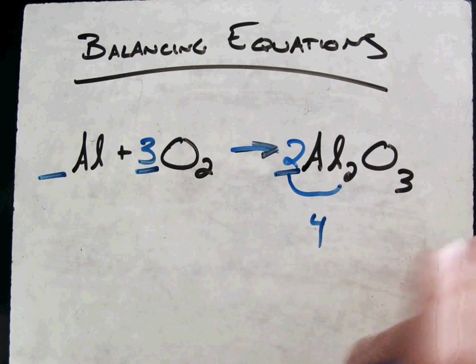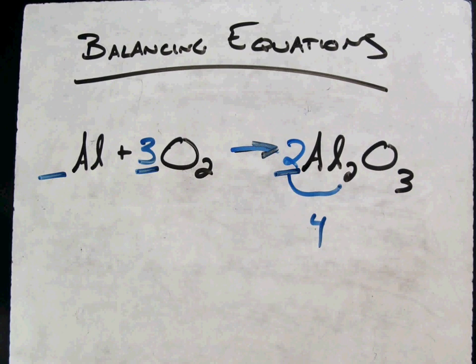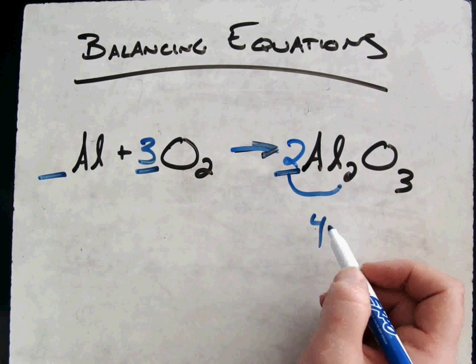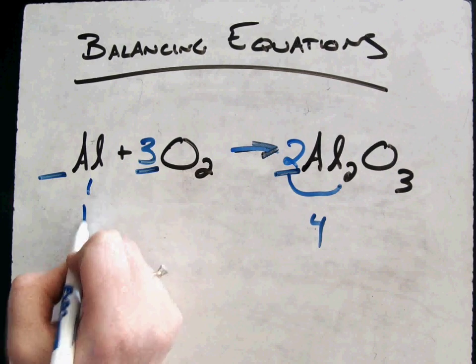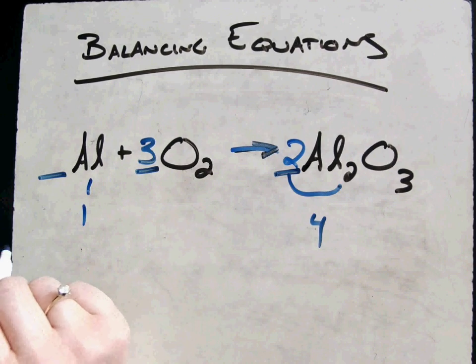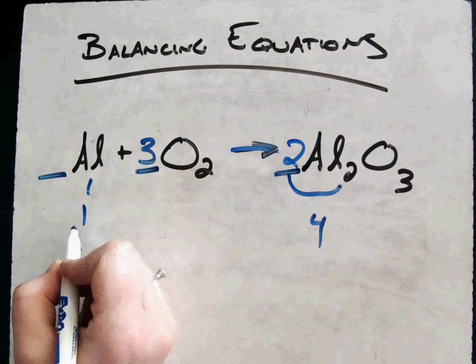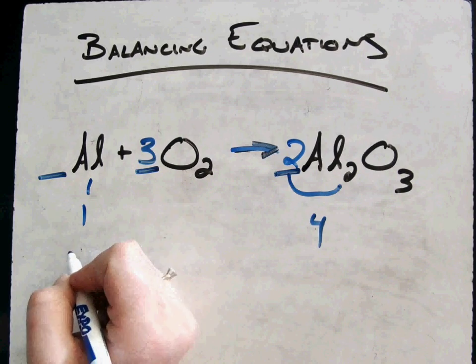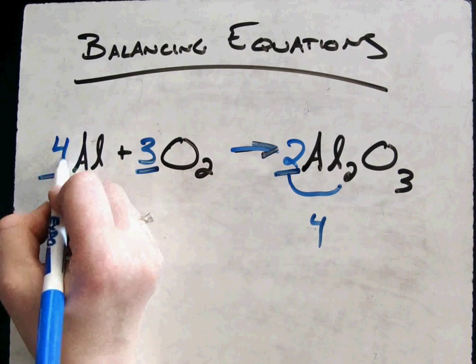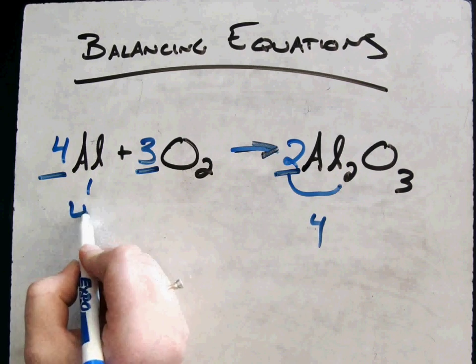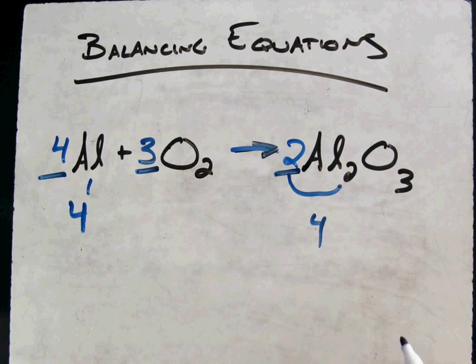And you can only do one element at a time. So first we tackle the oxygens, and now we look at the aluminums. And I say I end my reaction with 4 of them, I start with only 1. This is the easiest case. Focus on the smaller number. My tool is multiplication. So 1 times 4 will bring that smaller quantity up to match the larger quantity that